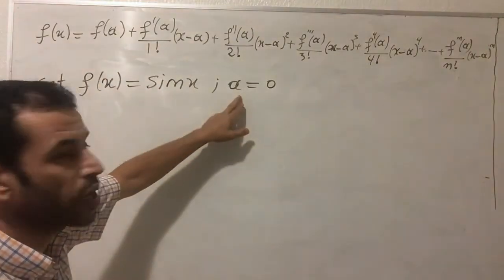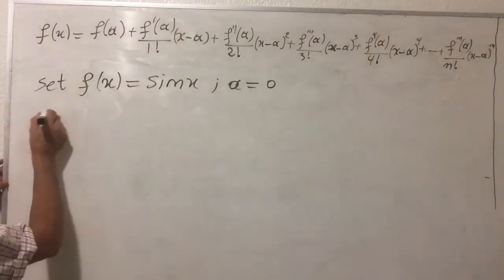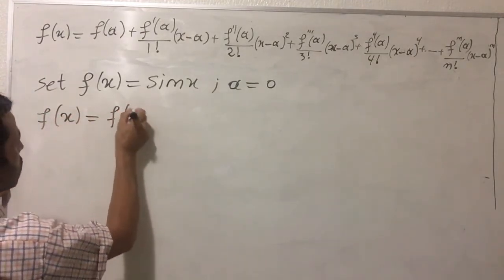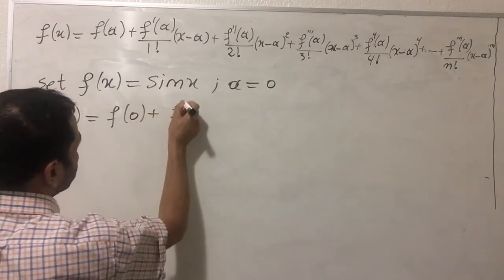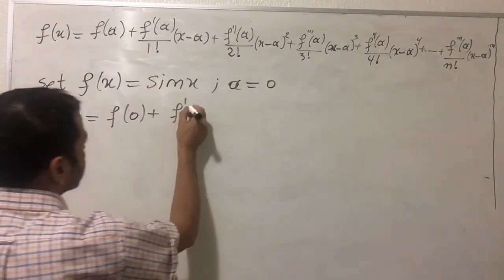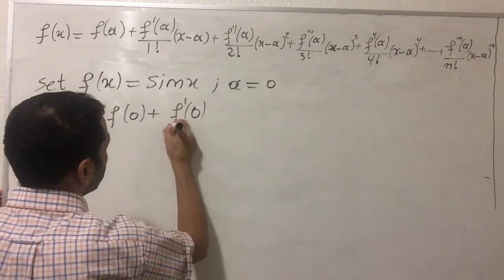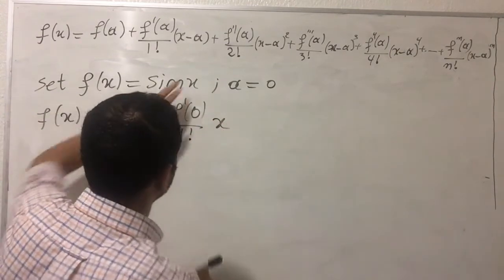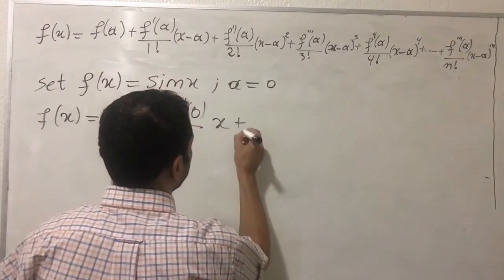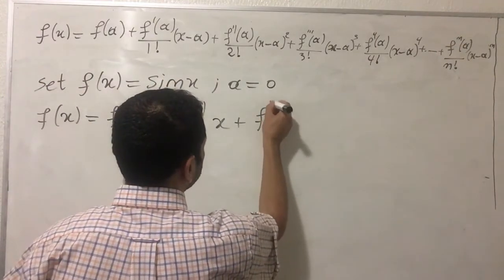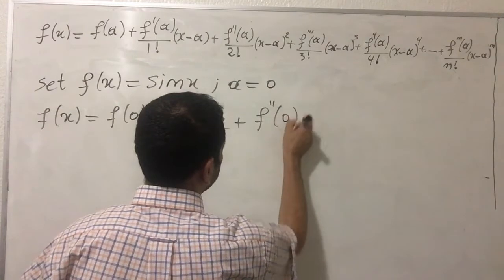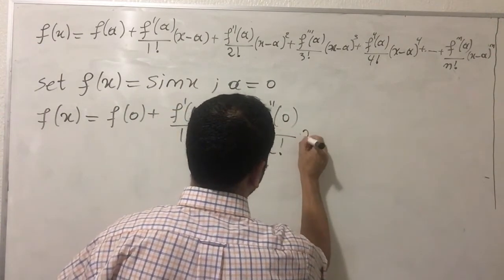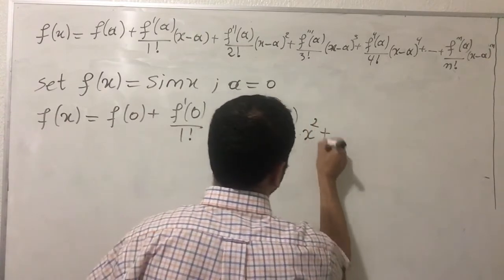I'm going to replace a with 0 in this expression to see I will have f of x equal to f of 0 plus the first derivative of f at 0 over 1 factorial multiplied by x, because I'm taking a equal to 0, plus the second derivative at 0 over 2 factorial multiplied by x squared plus the